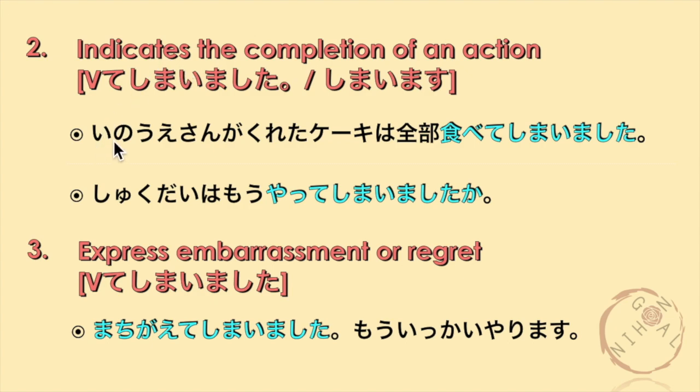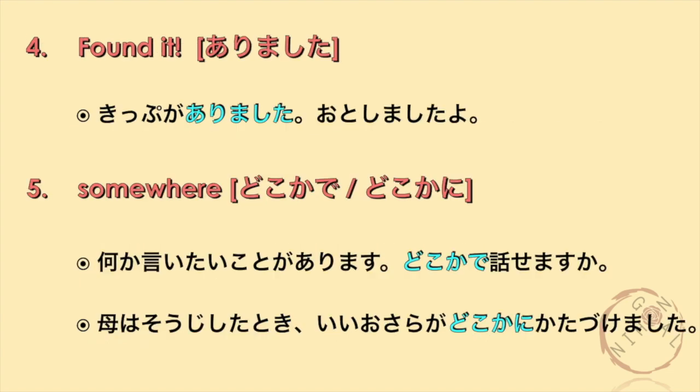For example, 井上さんがくれたケーキは全部食べてしまいました。宿題はもうやってしまいましたか？We've also learned using the verb てしまいました to express embarrassment or regret. For example, 間違えてしまいました。もう一回やります。We've also learned the expression ありました